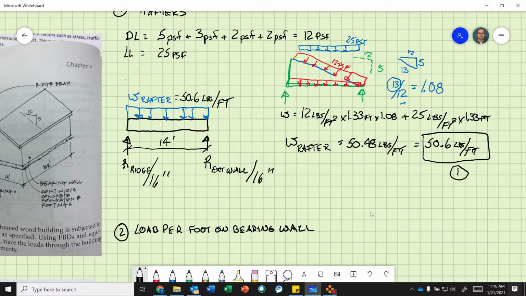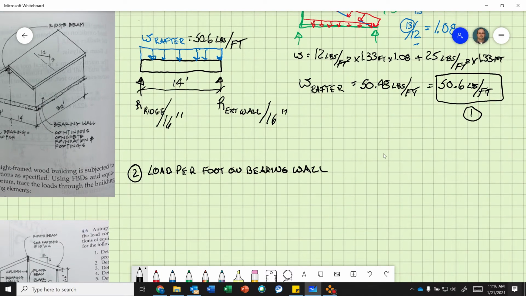Looking at that free body diagram, I'm going to show you a shortcut. As long as this line load is uniform, which means it's a rectangle, I can show you how to solve these. Reaction at the ridge